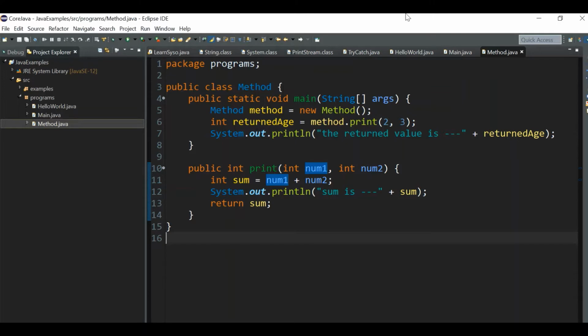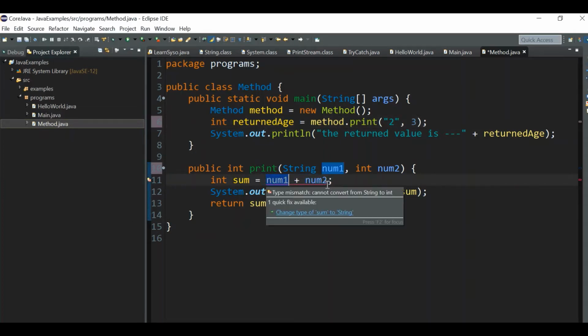We have other data types like string, boolean, character, anything, right? For string, in our initial video I already discussed that string is a non-primitive data type, for which we will have a separate video. If it is a string, in a similar way, instead of int you need to put String, and here instead of this you have to pass a string. So the format would change, since this is a string, you cannot sum up like this, so that is why it is showing a compilation error. Don't be worried about that.